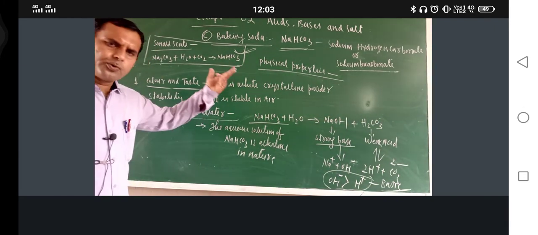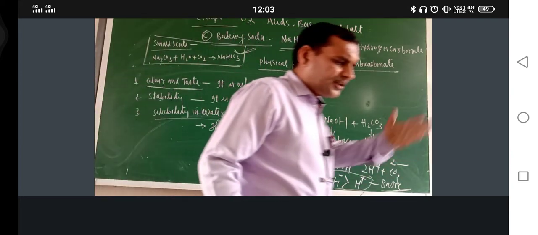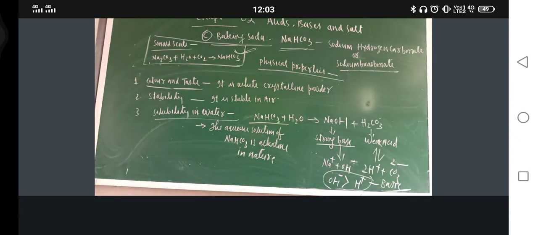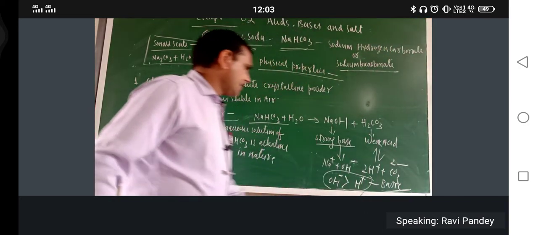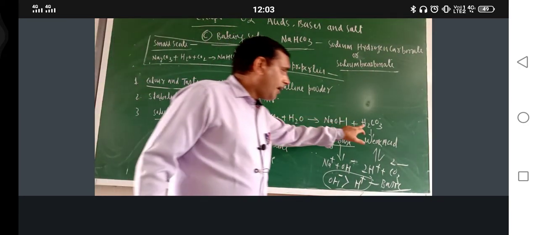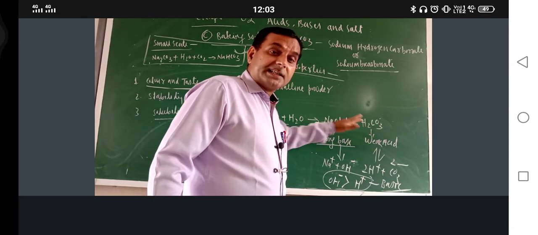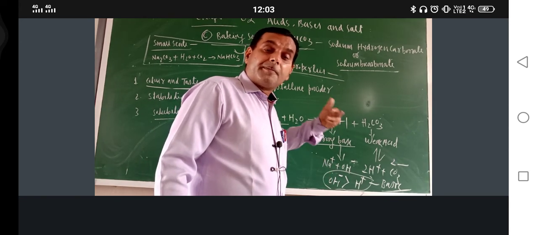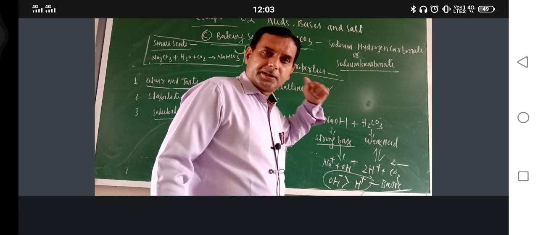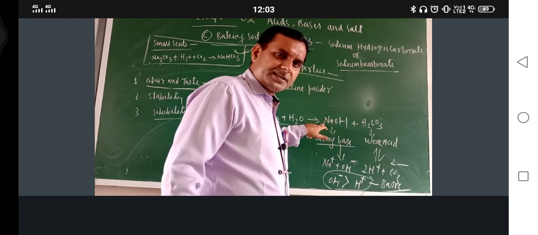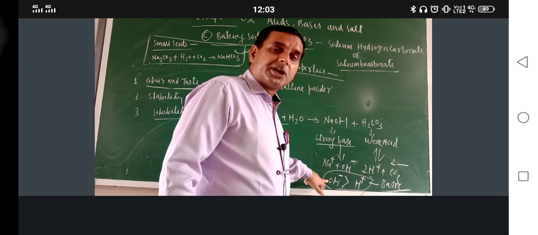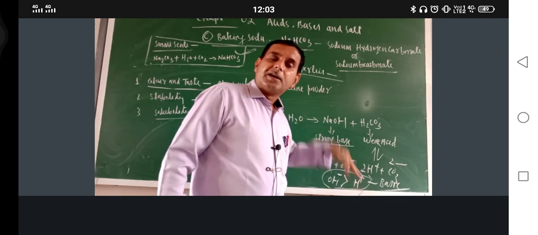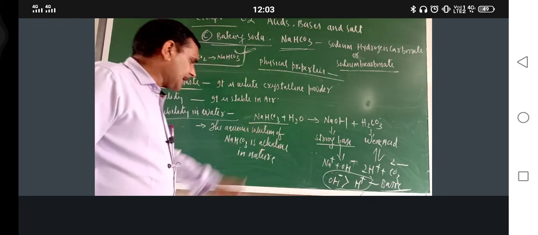Yes, you can do this with any compound. Suppose they are asking which of the following is alkaline in nature. What you should do is make their reaction with water and see on the product side what is formed. If out of two products one is an acid and another is a base, just see which one is strong, because its behavior will be reflected in the solution. This is acid, this is base, but this is the strong base, so the OH negative ions will be more compared to H positive ions. So the resulting solution will be basic or alkaline in nature.